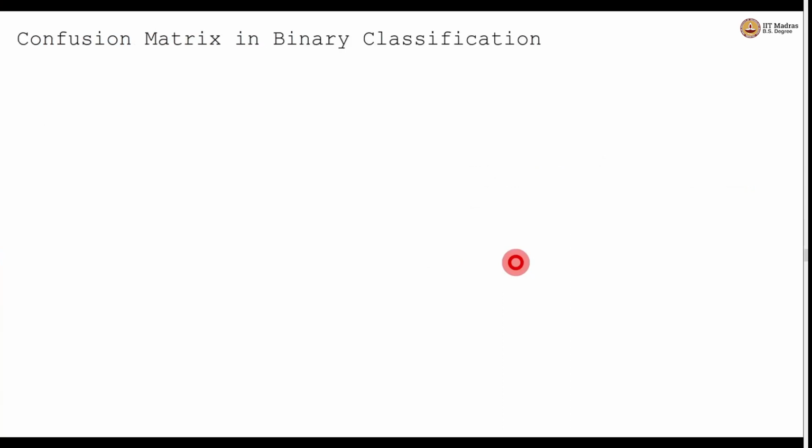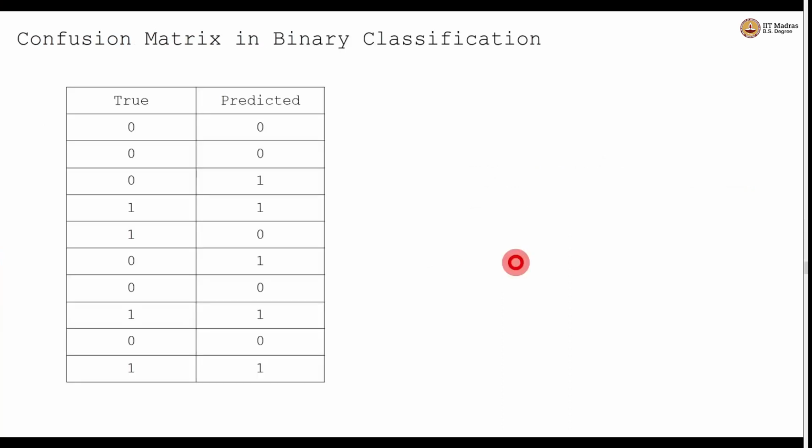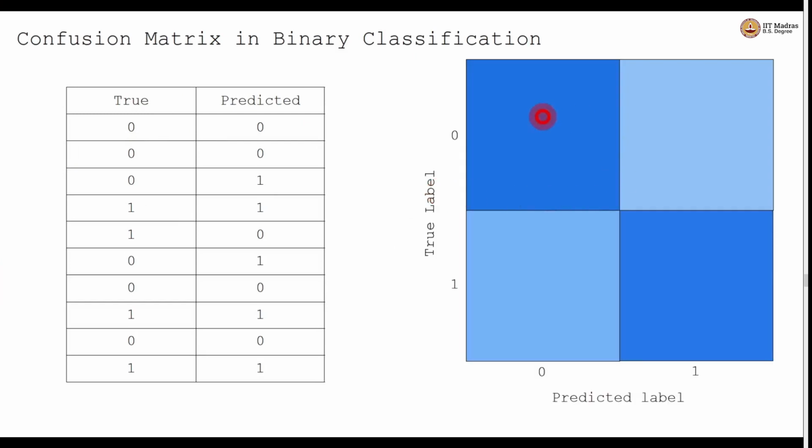Now that we have this, let us actually construct a confusion matrix given the true and predicted labels. So here we have the true and predicted labels in a table, and we want to fill up this confusion matrix. So first let us take this particular cell where we only want to consider the instances where the true label is 0 and so is the predicted label. As you can see, there are 4 values highlighted, which is why we can write the number 4 in that